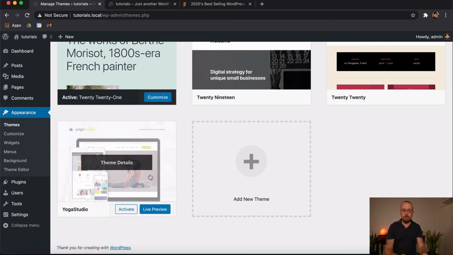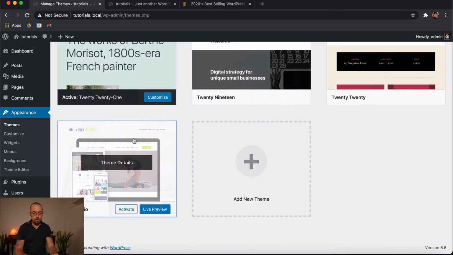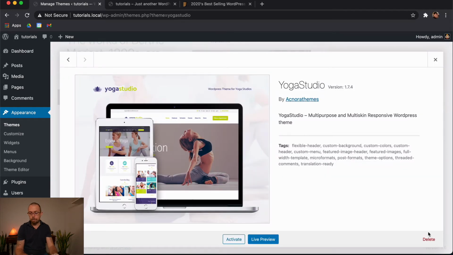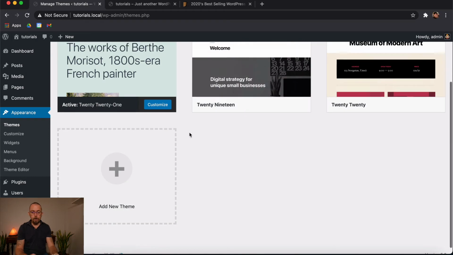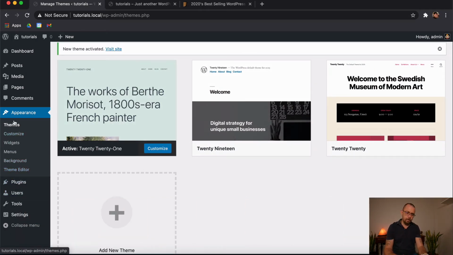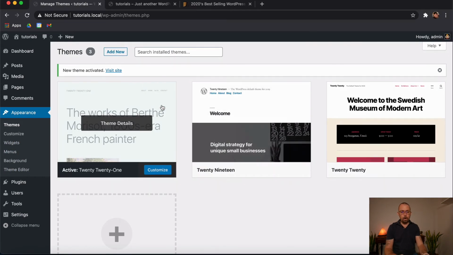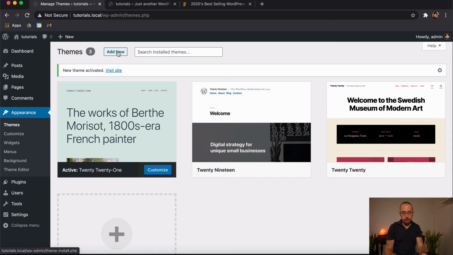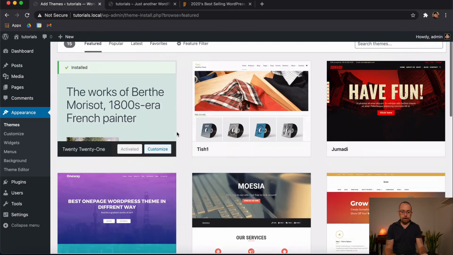And then to delete a theme, let's say, you know what, I don't want that theme, I've used it, I don't like it. You just come into the theme, click on theme details, come down to the bottom, click delete, click OK, and you'll notice that the theme's been deleted. And also the great thing is all of those other things have been deleted as well. So that's one way. Another way that you can do it is, like I said before, you come into actual WordPress and download your theme that way.